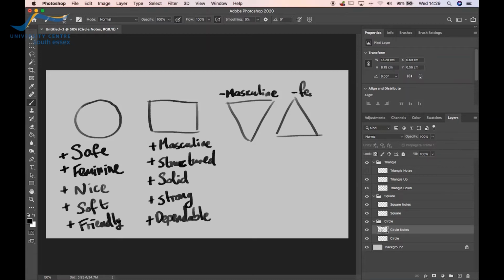Again, square-based characters tend to be more dependable. A triangle pointing down would be more masculine, whereas a triangle pointing up would be more feminine. The reason for this is, if you imagine the triangle pointing down as a bodybuilder's shoulders going down to a tiny, tiny waist, we associate that with the Arnold Schwarzenegger kind of body type,